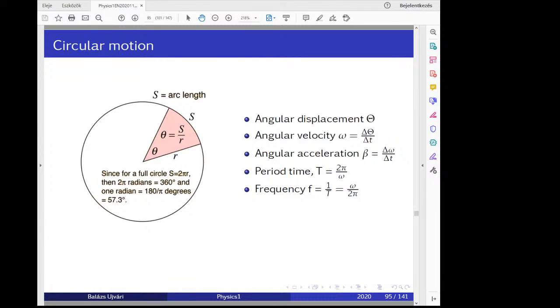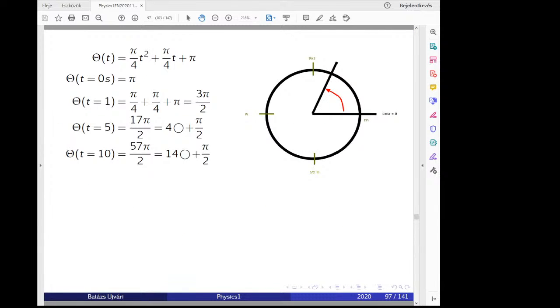Thanks. All right. I got some questions via Discord that it was not that clear. So let's go through again with the basic quantities, like what is angular displacement. Angular displacement is nothing else, just the angle you can take by moving from the zero position